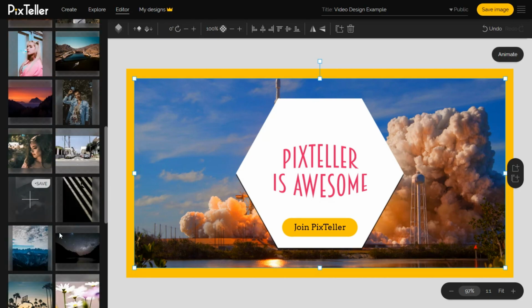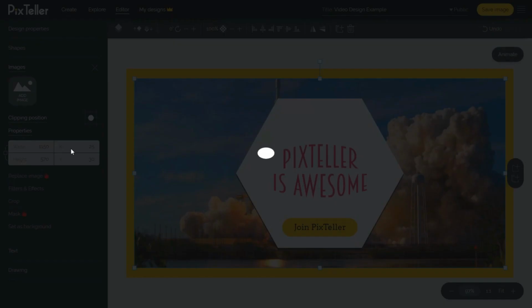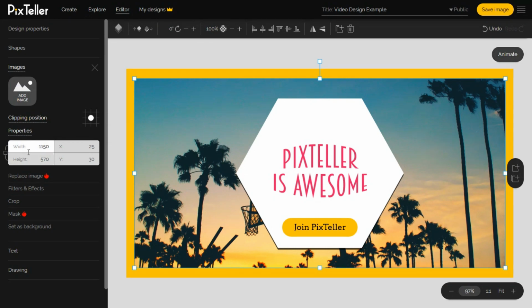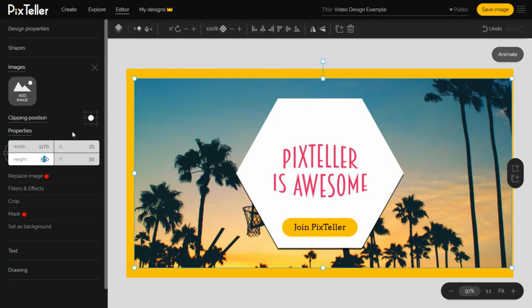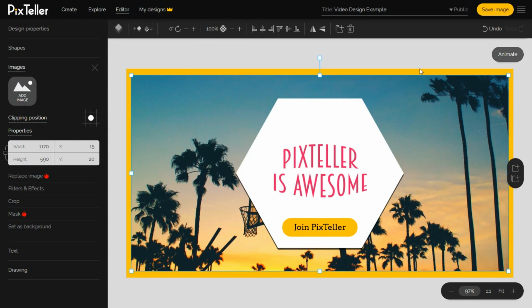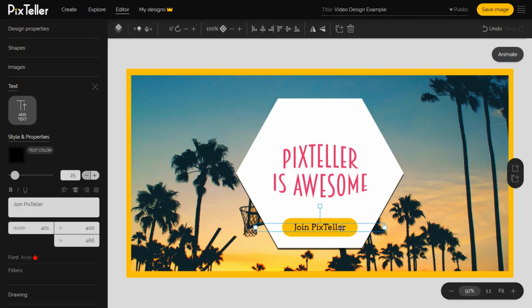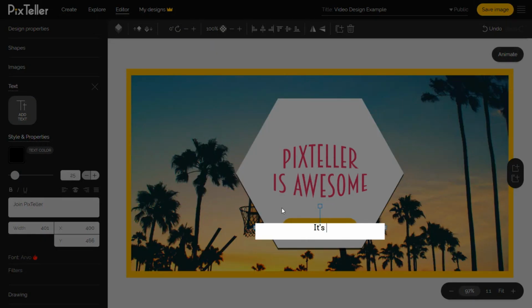Once the editor is open, select the text elements and make the changes by writing another text message. Update the font size and family. You can also click on the background image and replace it with another one. If you want, you can select the big shape and replace it with something new.